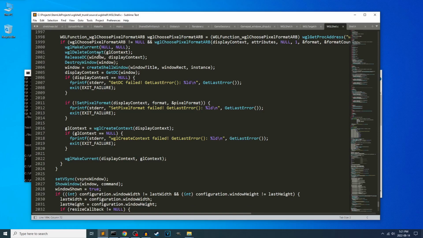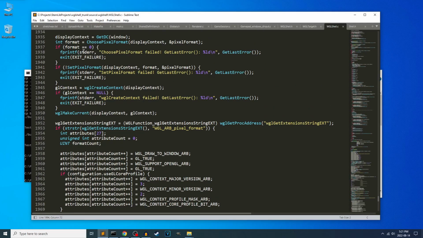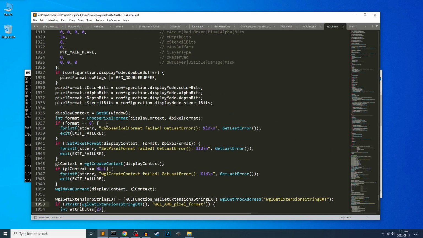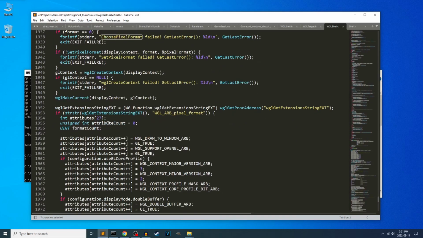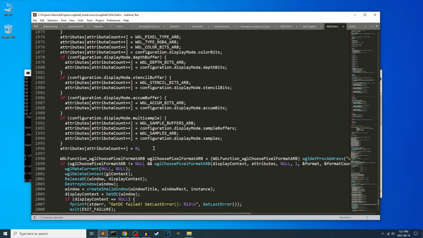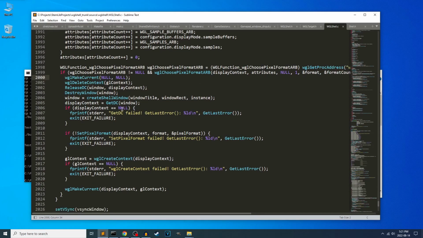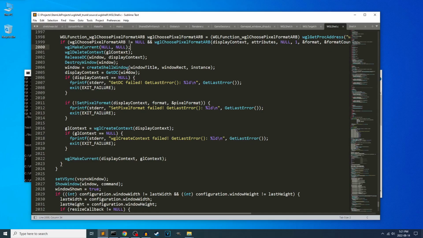So if all of that has gone well, I destroy the window and create a new one. Oh, yeah. WGL is weird. I create a dummy window here just to get access to, like, choose pixel format or something? Yeah, I think that's how it is. I got to create a window, call choose pixel format on it, throw away that window, then create a new one with the real configuration I want. That's right, I'd forgotten about this detail. Yeah, it's silly, kind of roundabout, but anyway, that's what it takes to initialize a WGL context the way I want to. Anyway, yeah, so we create the window again,